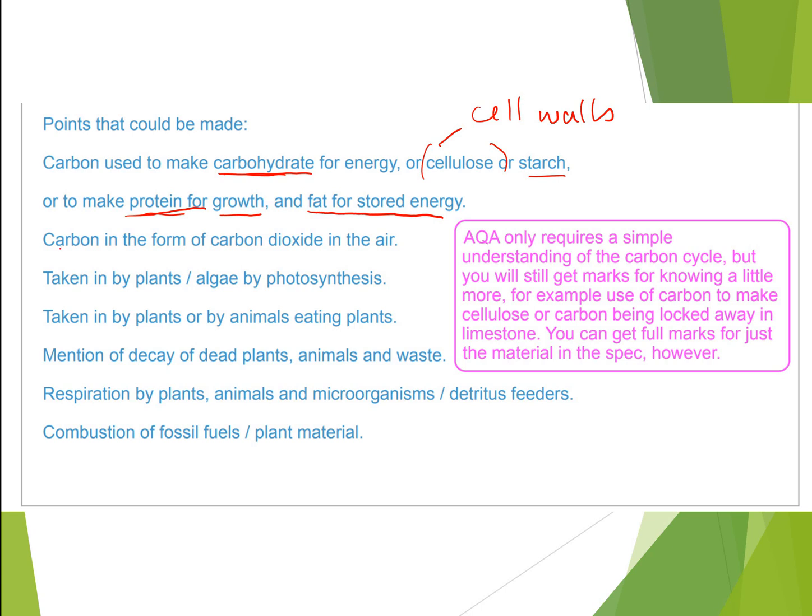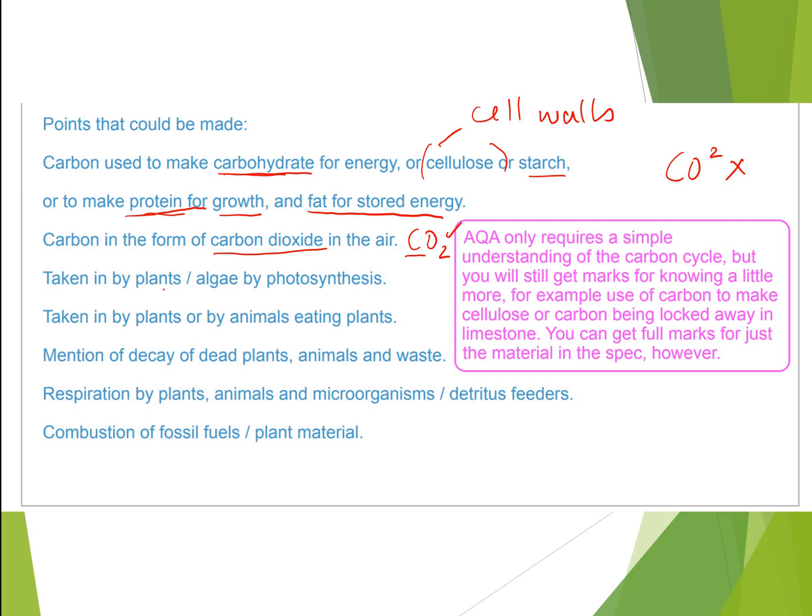Carbon is found in the air in the form of carbon dioxide. Please do not be tempted to write formula in an extended prose answer. And if you are going to write formula in any answer, make sure it's correct. CO2 is written like that with the 2 as what we call a subscript. If you wrote CO2 like that, that is wrong. With the 2 superscript, that is the wrong way to write the formula for carbon dioxide. But please just avoid it. Write it out in full, okay? This is assessing your quality of written communication, not your knowledge of formulae.